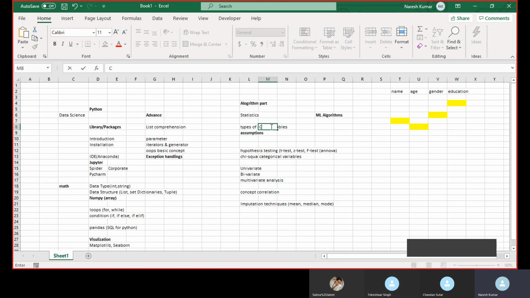We have two types of variable: continuous and categorical. In this also we have a bifurcation, but once we do this topic, we will look into the granular part of that.